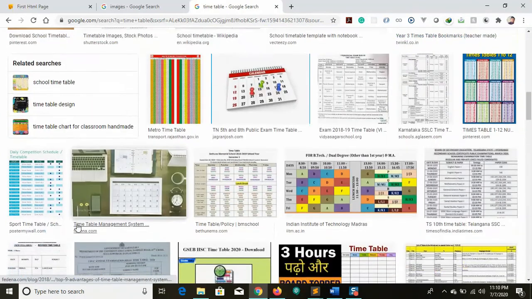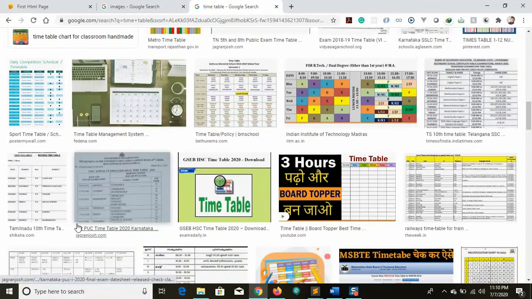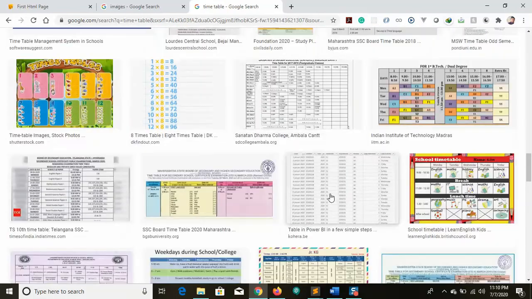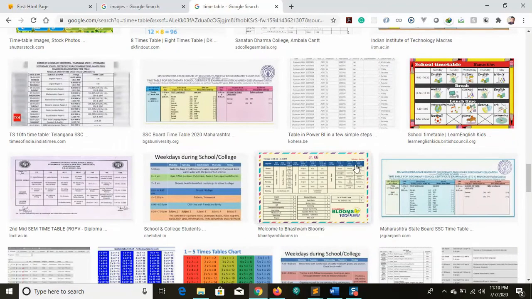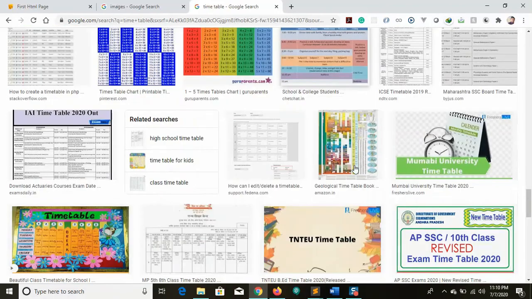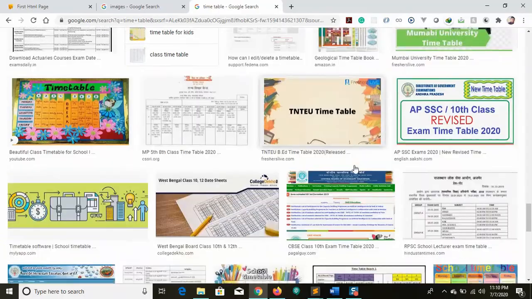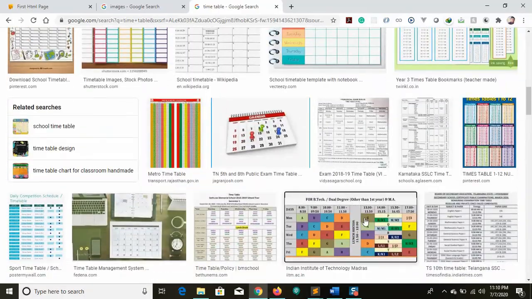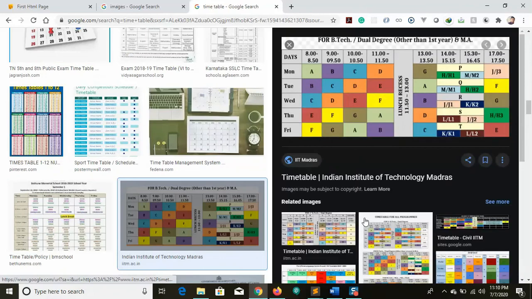Take any timetable and try to merge the cells. You can take any table, and you can do it in this format also.